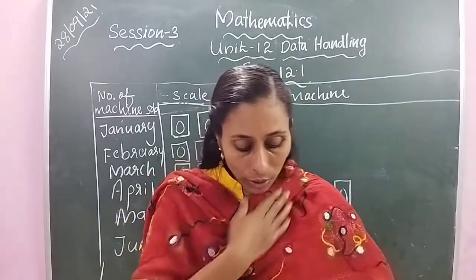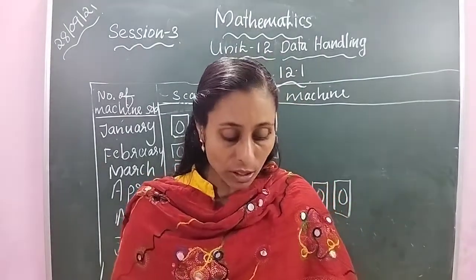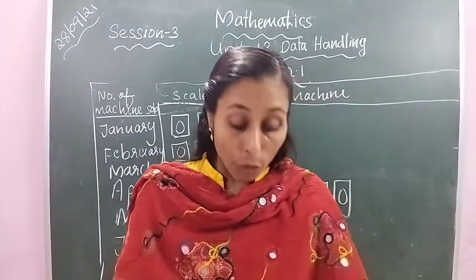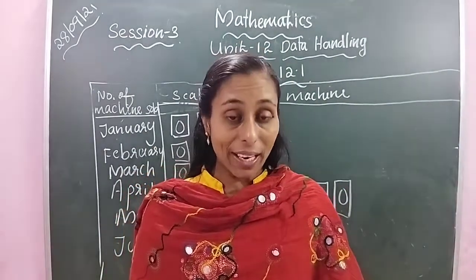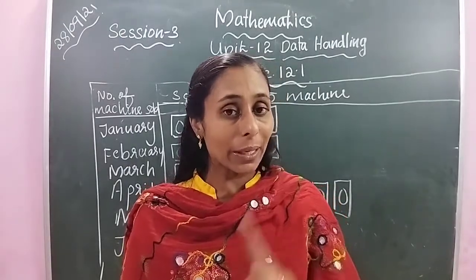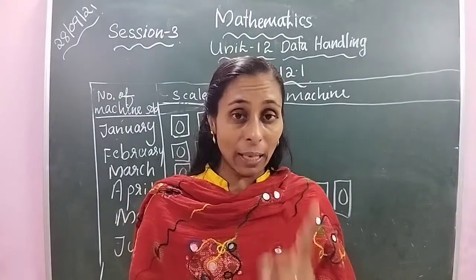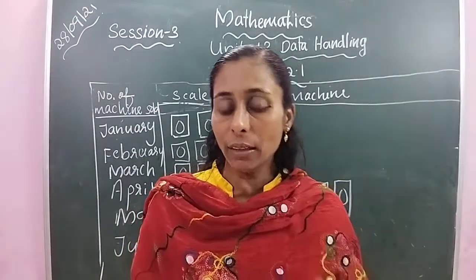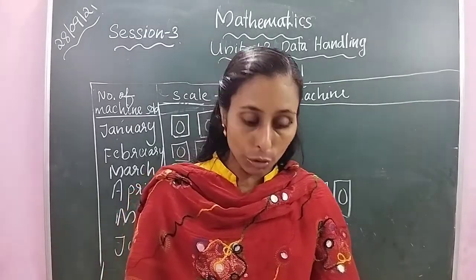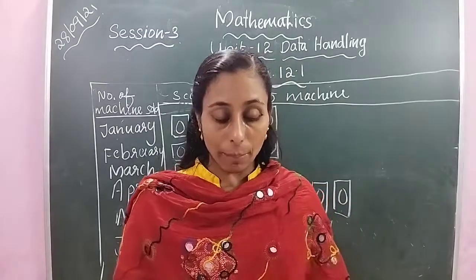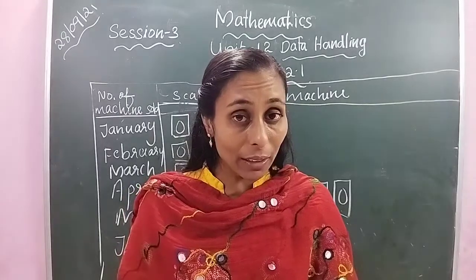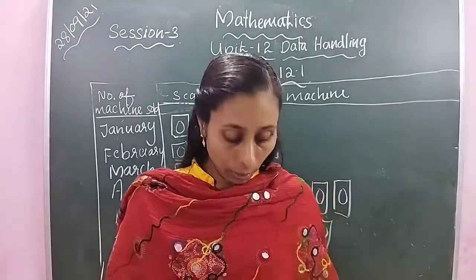Okay. So from here we can find out some answers. Maximum burgers were sold on Friday. Friday maximum number of burgers were sold. How many burgers sold on Friday? 70 burgers. How many symbols are there? 7 symbols. What is the scale? One symbol represents 10 burgers. The least number of burgers were sold on Tuesday. The minimum number, that is Tuesday. How many? Only 3. Is it 3 burgers? No, that means 30 burgers.